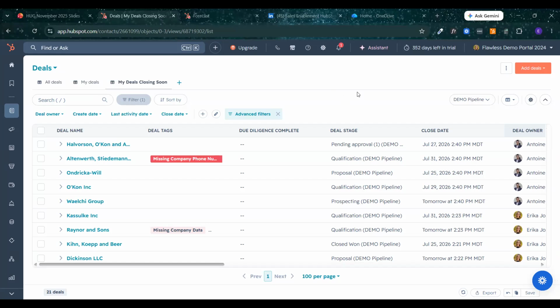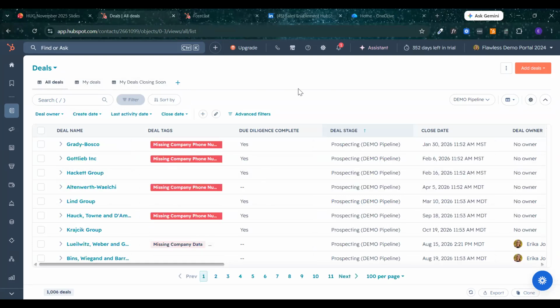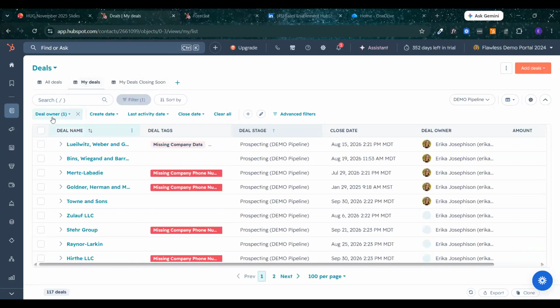All right. So the deals screen. This is the deals overview. We'll get into the tags in a moment, but this is where I'm talking about having stuff set up for your team members to find the things that they need quickly. So one of the things that we really like to create for all of our sales reps and all of our exec teams is their views up at the top. So there are views that come default with HubSpot, like my deals, which just shows you as the deal owner.